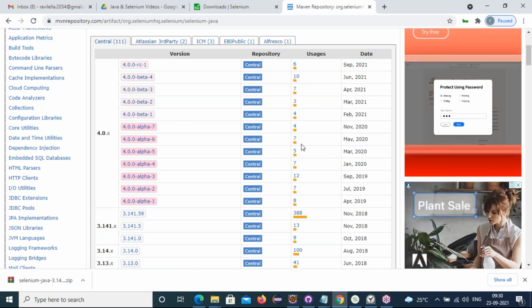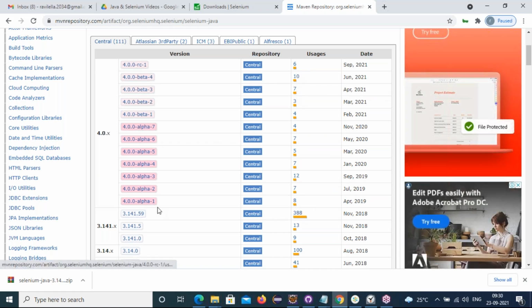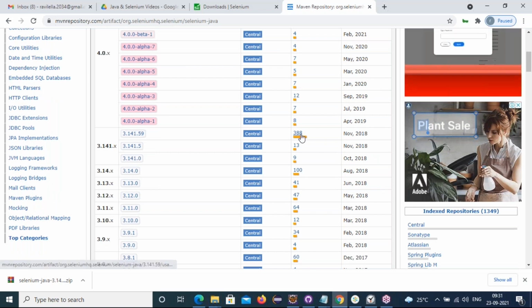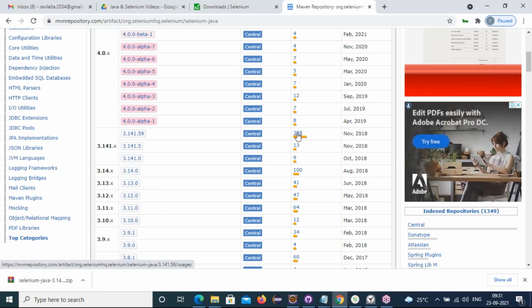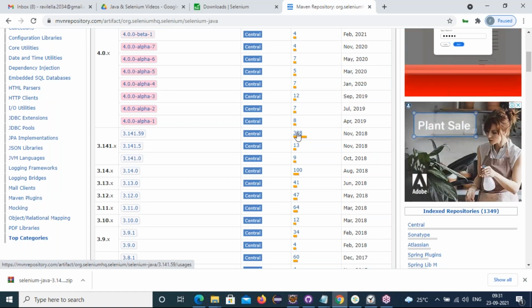See, even the usage, if you can observe here, see what is the usage, having 4, 7, 10 like this. What has the highest usage is WebDriver 3.8.8. Observe here. Got it, friends? If anybody says we are teaching WebDriver 4, we are working on WebDriver 4, don't listen. Only WebDriver 3 they are still using.